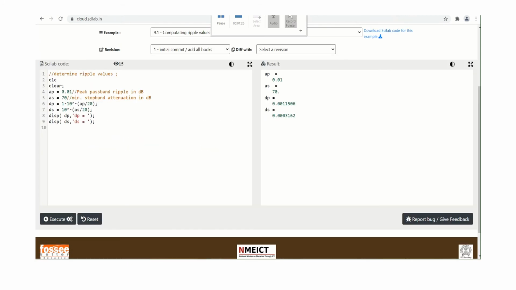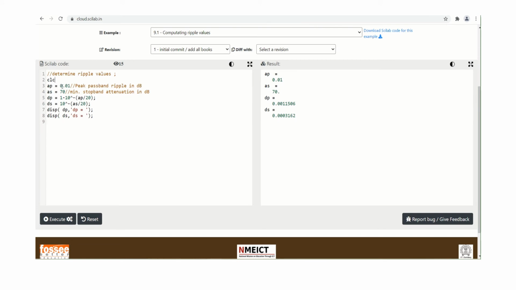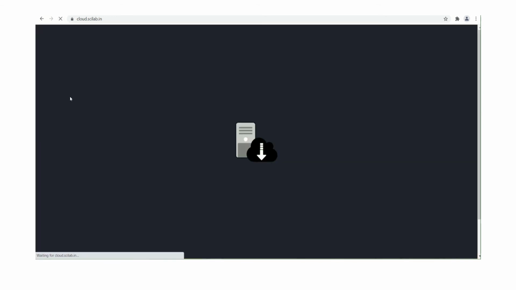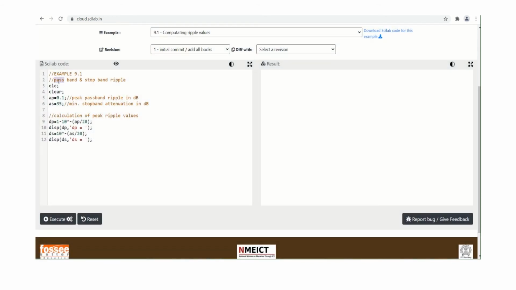If you remove this clear command, then we will see what will happen. So basically it is the practice form. I will reset this. After resetting, I will again remove this.